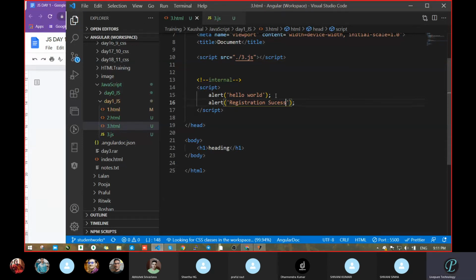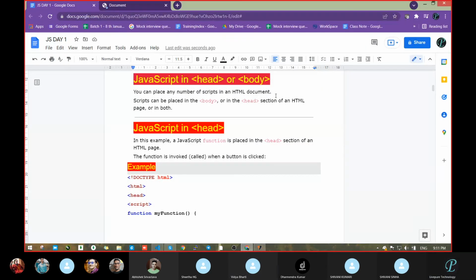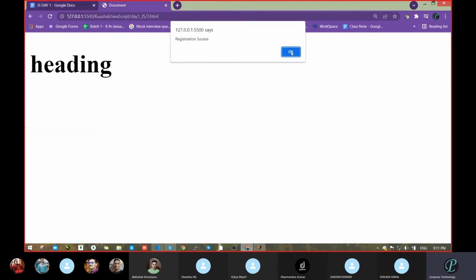Why has everybody become silent? Nobody is giving any answer. What else? Which modal? So we will take a modal. Okay. So with the help of a modal also we can do the same thing.